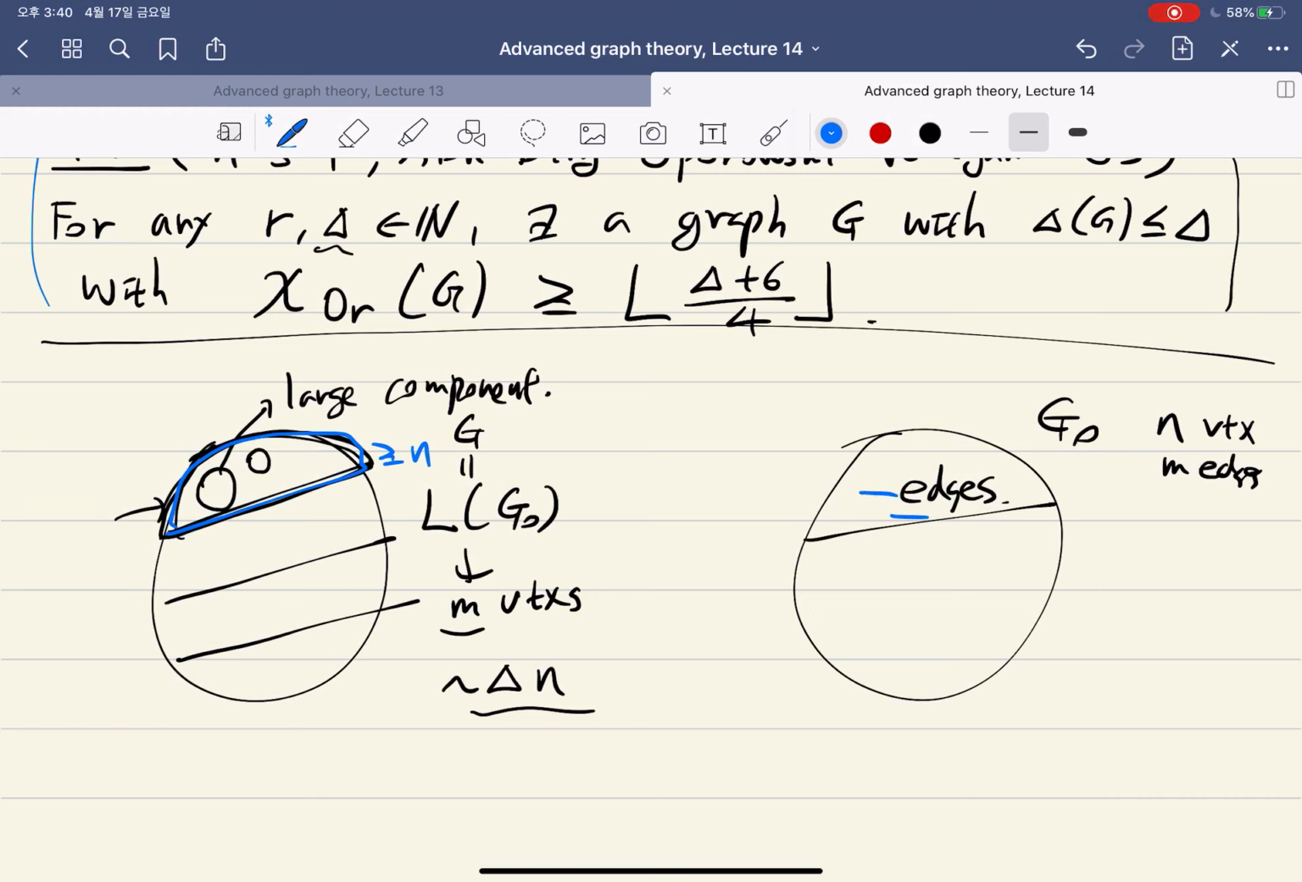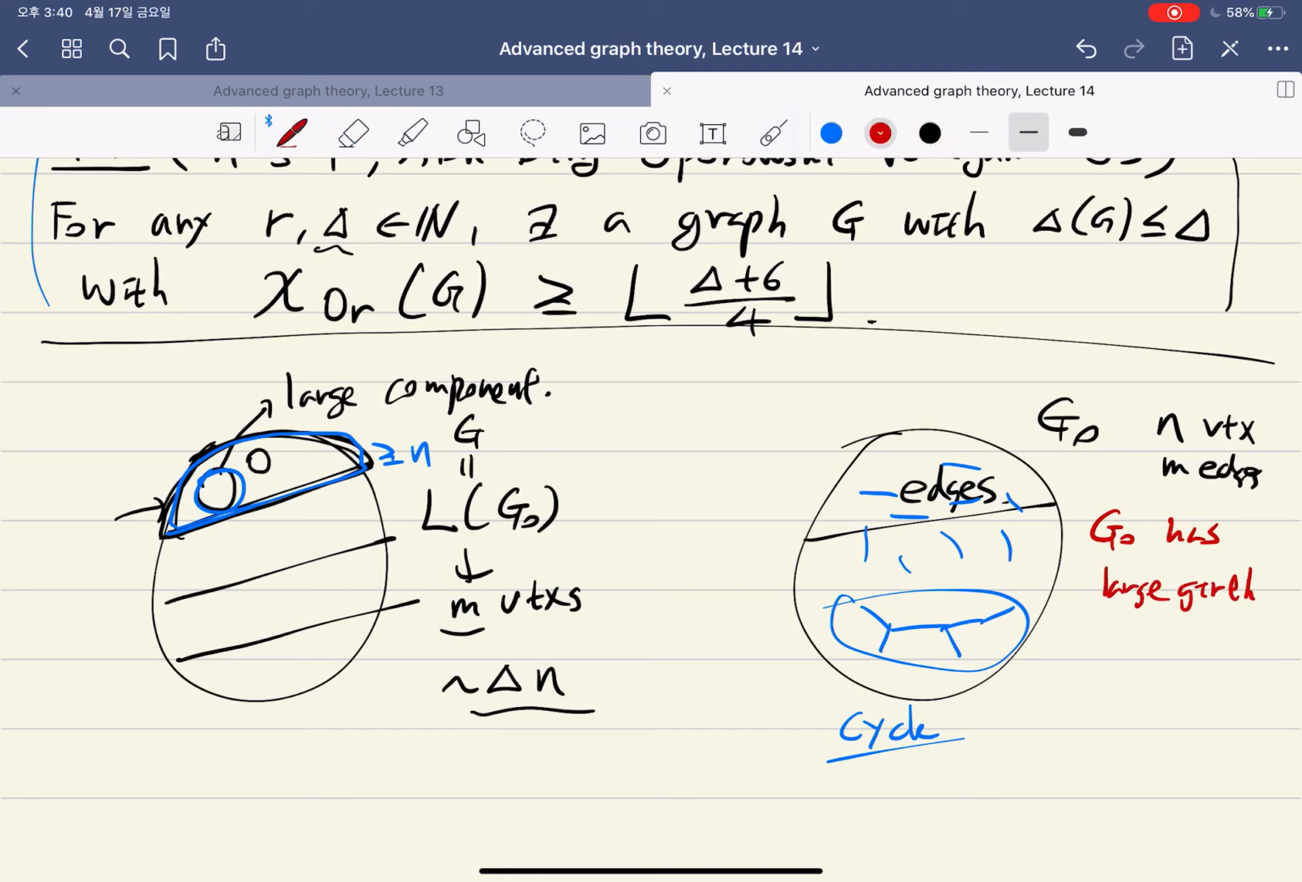then that corresponds to n edges here. And this component also corresponds to incident edges here. And what do we know? If there are n or more edges, we know that there exists a cycle. So if we can additionally assume that G0 has large girth, meaning that every cycle has a large length,